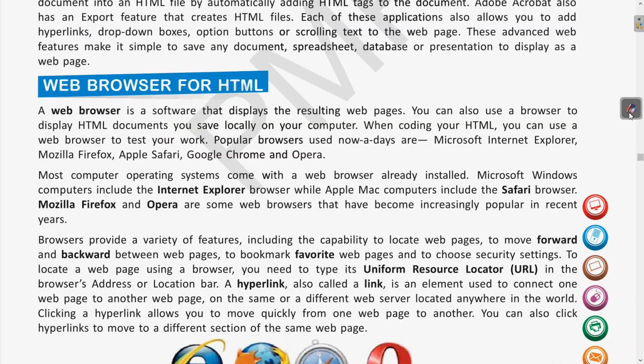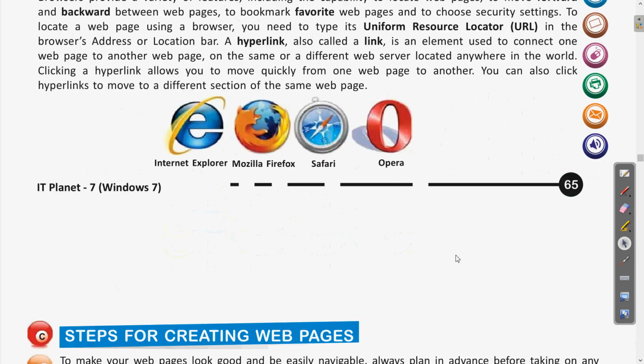Here we were talking about different terms like the URL, and the forward and backward buttons. After this we will continue in the coming class and see the other features of web pages. So these were all the famous web browsers which we use.